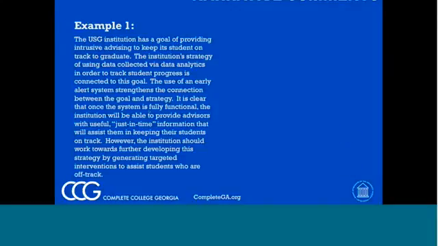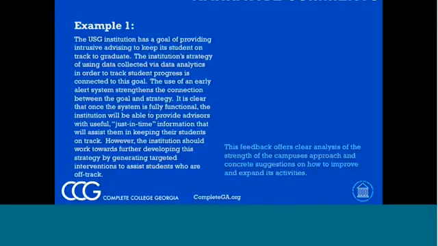So the feedback that you're seeing on this page is clearer and has more specifics, and at the end has a very concrete statement, "however, the institution should work towards further development," a much more concrete strategy, some very specific way to improve its activities.